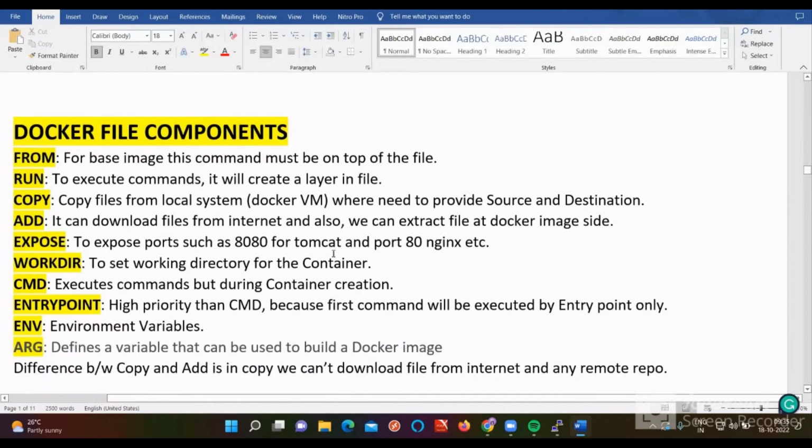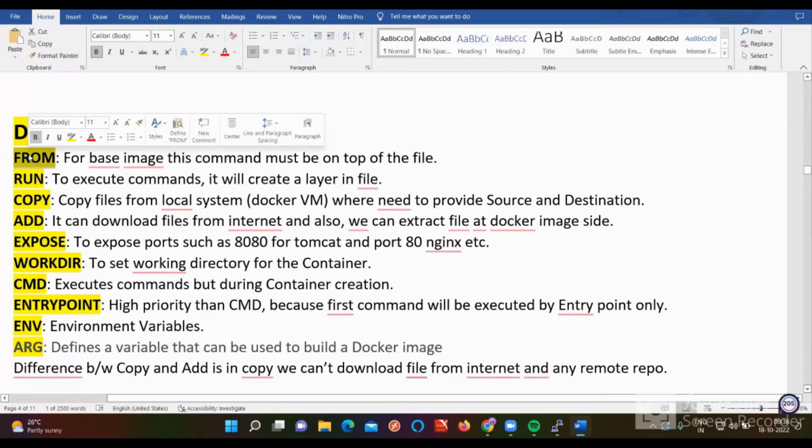Dockerfile components. A Dockerfile has mainly 10 to 12 commonly used components, out of a total of about 20, but not all of them are necessary for us. Let's understand the important ones. To build a container, I need some base image, right? Without a base image, I can't do anything. So the base image is my Ubuntu, and that comes from